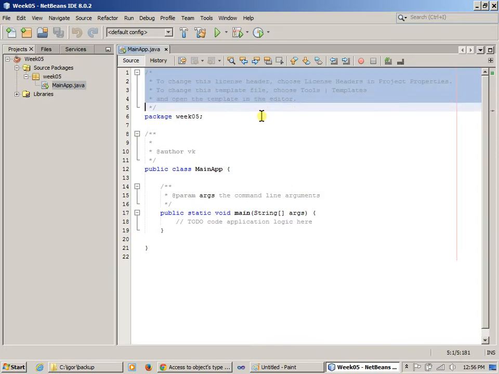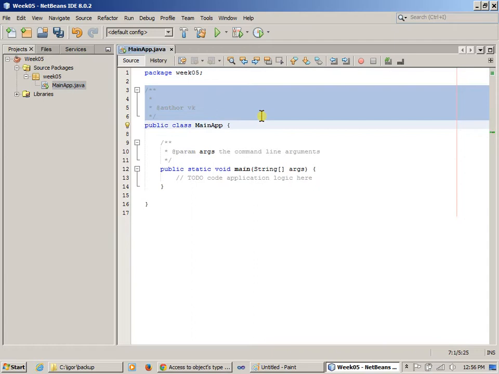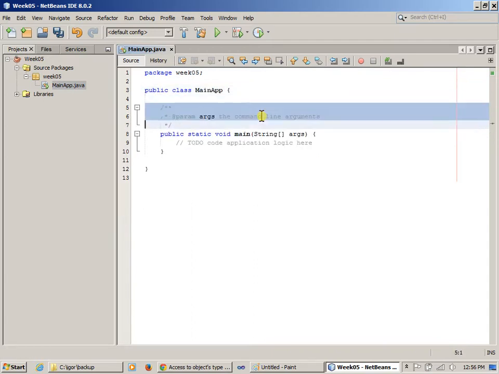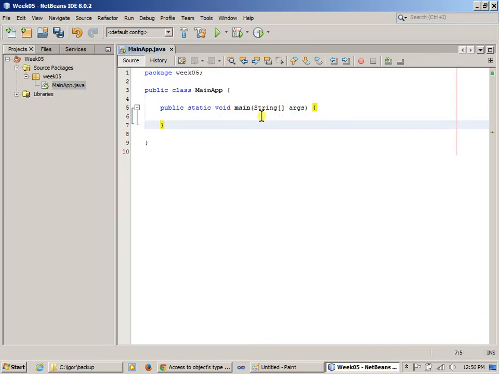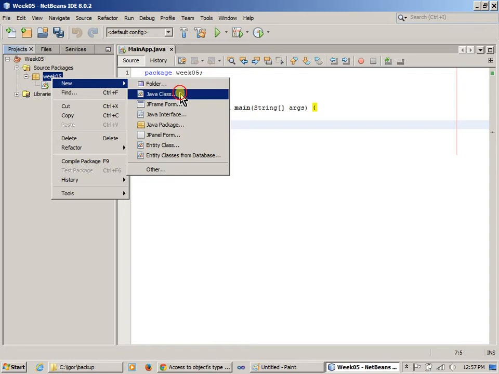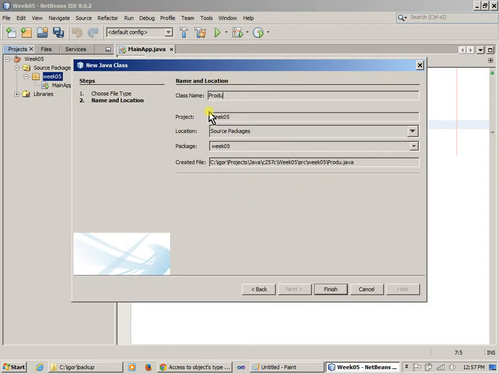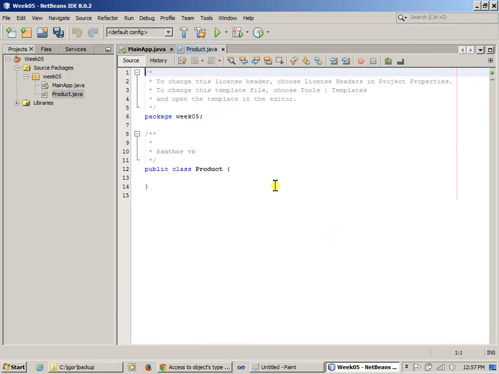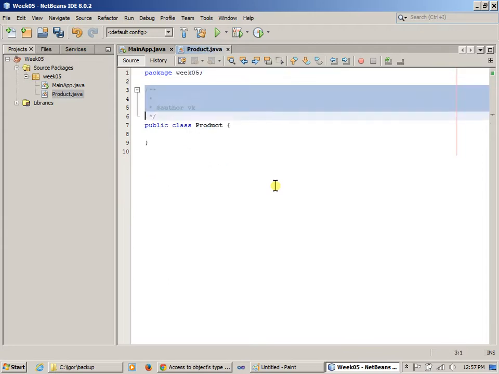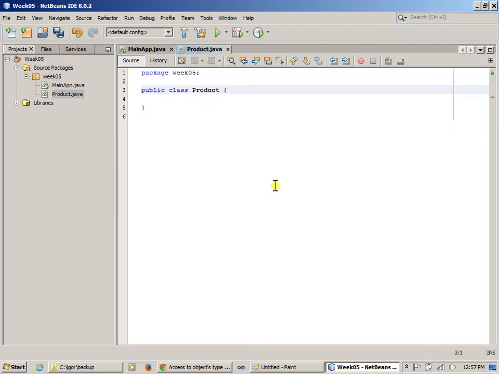So let's just have some more space to write our code. And then I'm going to go to my package and add a class named product, right? Product. So that's fine. Finish. The same package, the class name product. Then we're going to save everything